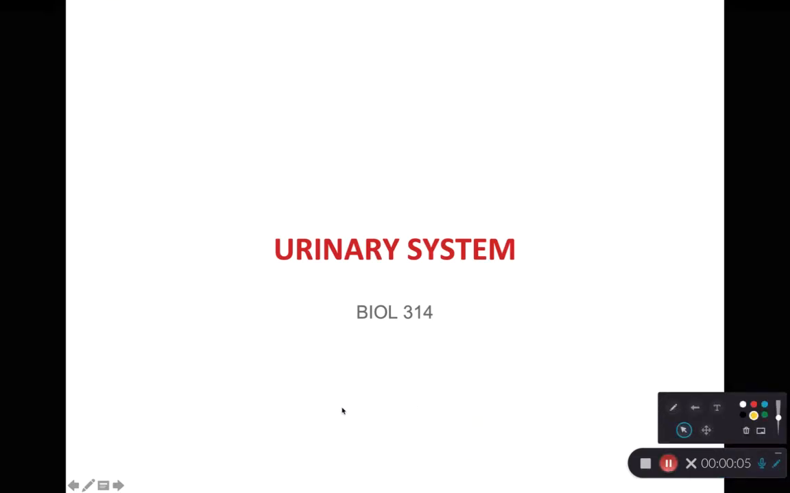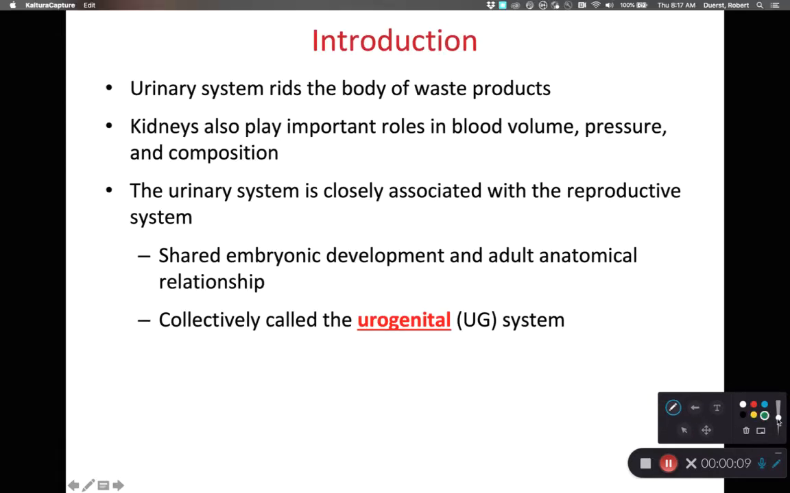Hi class, in this recording we are going to be focusing on the urinary system, so let's get into it. As we look at our urinary system, its primary function is to get rid of waste products from our body. And as it's getting rid of waste products, some really important secondary roles include monitoring and regulating blood volume, blood pressure, and the overall electrolyte composition of our bloodstream, or just composition of our blood, including